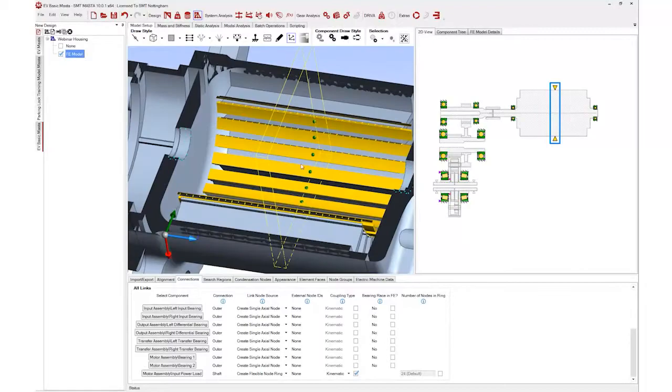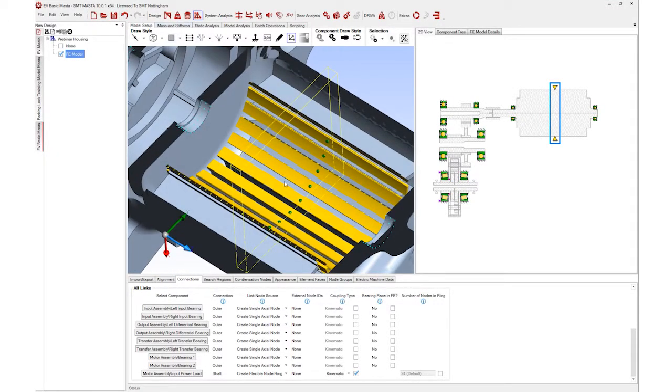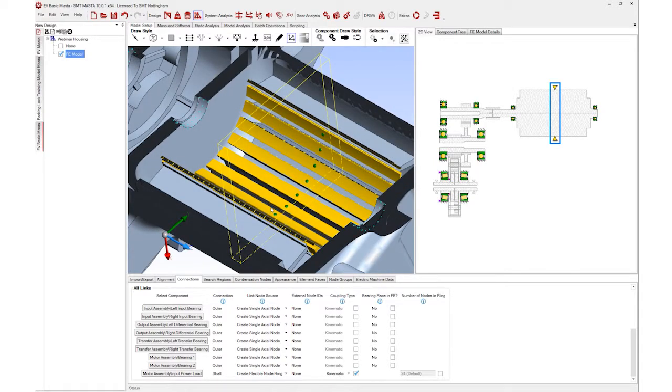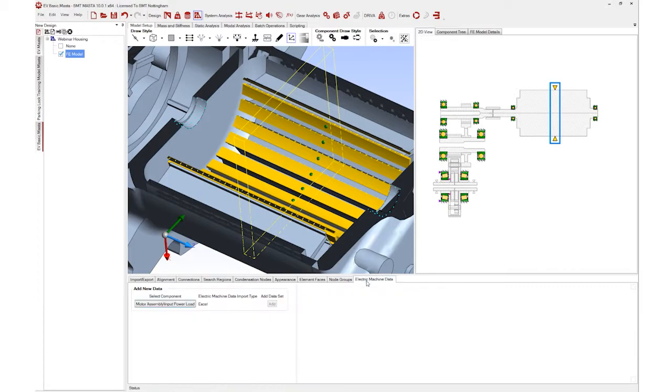Okay, and that's basically our nodes created at this point. So we obviously would have to go through and actually reduce our stiffness matrix, but to save time on this particular webinar, I'm just going to jump to a more completed model. However, the next thing I want to show you is the actual import of the electric machine data once we have those condensation nodes in place. So if I switch to another model,